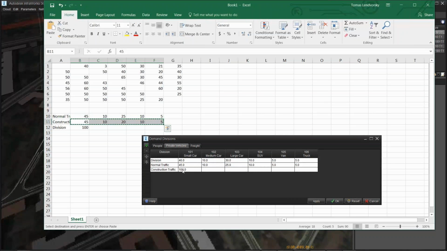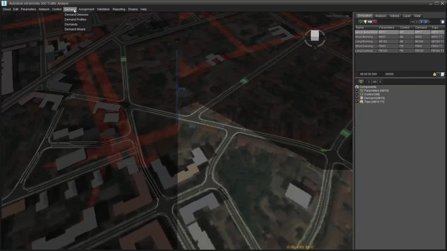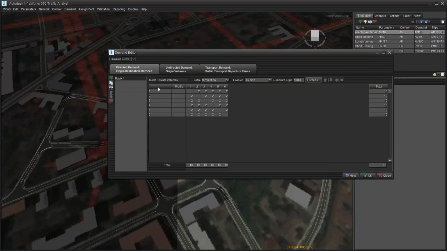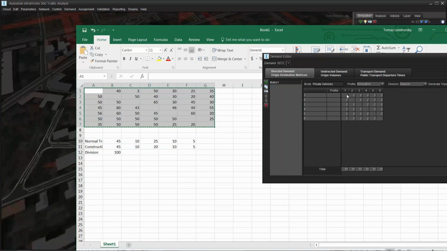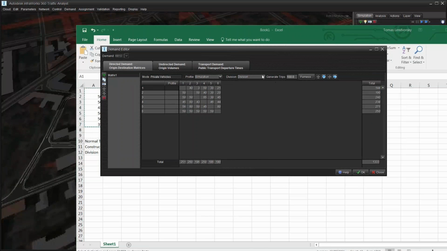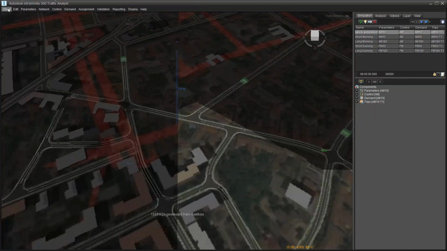Maybe I could do only construction traffic at this point. However, I did both of them, and then I will also make demand division demands. So basically, again, metrics, and I already have all these measurements. So I will just copy paste the numbers to my metrics, and deal done. So I have all information, and now I will say, okay, now it will be construction traffic, because I have more heavy vehicles. So I will synchronize everything with cloud,